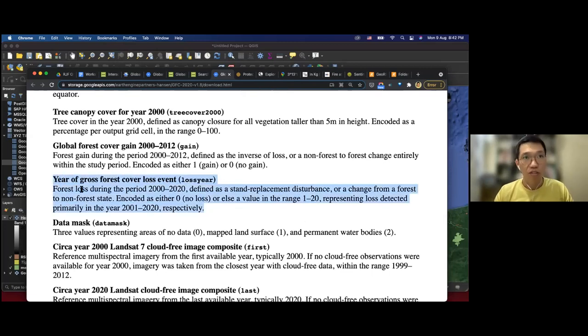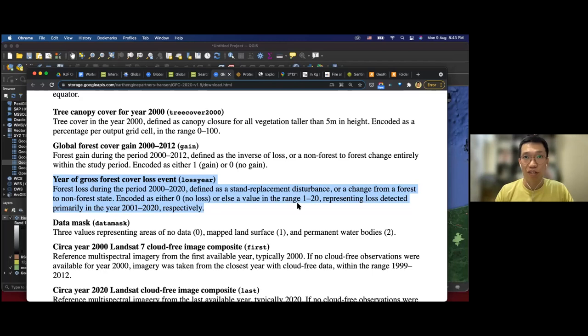So forest loss during the period year 2000 to 2020, defined as the stand replacement disturbance or a change from a forest to non-forest state, right? All right, encoded as either zero means there's no loss, or else a value in the range 1 to 20. So it's 1, 2, 3, 4, 5, 6 until 20. What does that mean? In representing the loss detected primarily in a year 2001 to